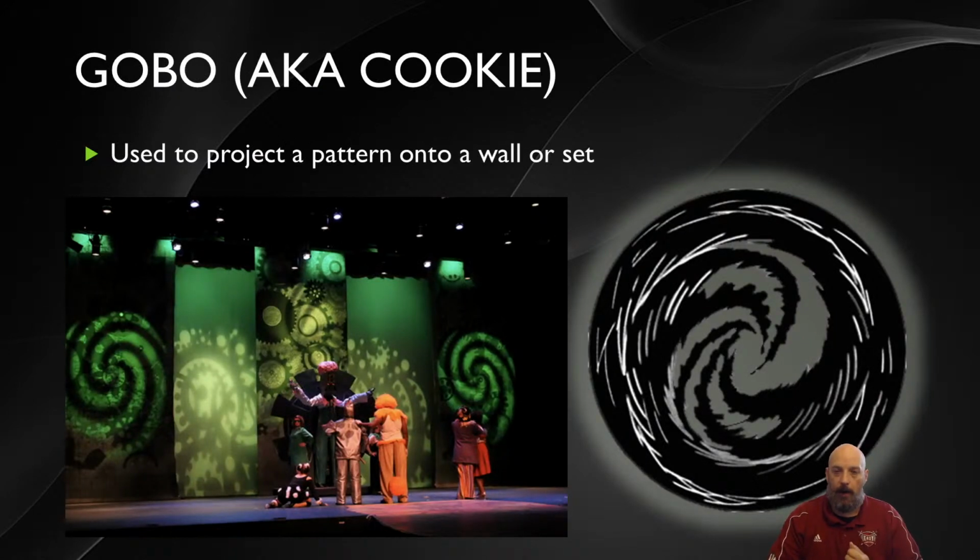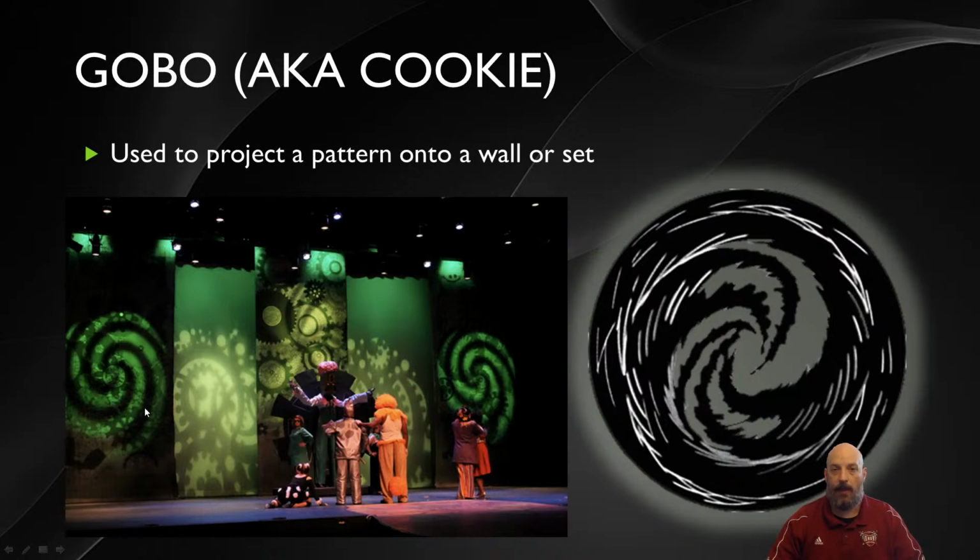So a different way that we can control light is what's known as a gobo in the television industry. It's also known as a cookie because, like I said, it looks like a cookie cutter. And this is a metal disc that has uniquely shaped holes cut into it. And when light passes through, it gets blocked by the disc and the holes get through,